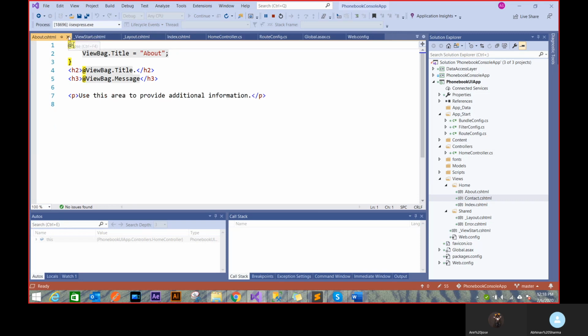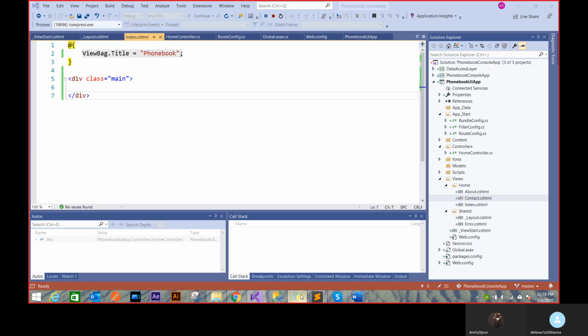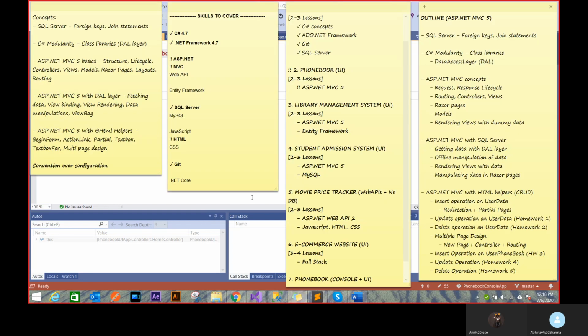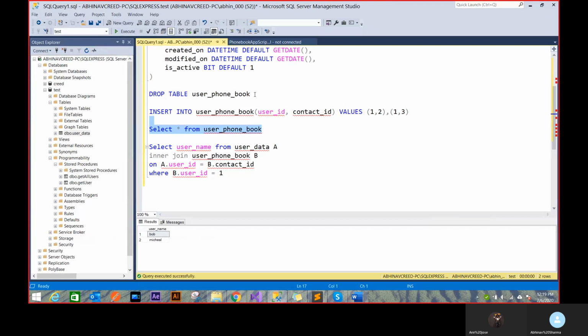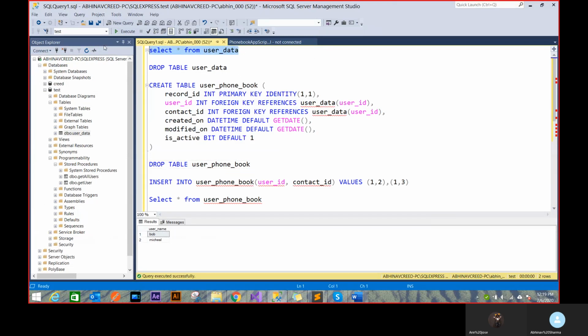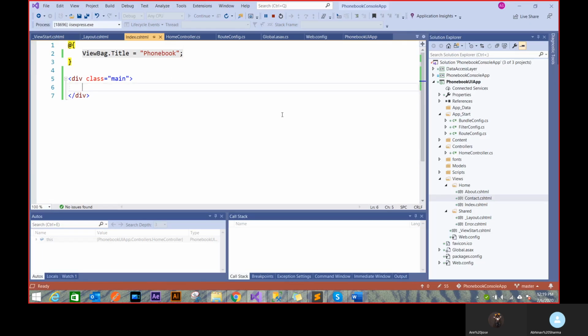Okay, yeah. Now we saw these Razor Pages. Now let's work on the model, because the model is the way by which I connect the controller and the views with some data. I want to render my user list, right? I want to render this table, the list of users. That's my prime focus right now, that I want to show all the users on my UI. This is on the SQL Server, right? And my view has to be provided with that data so that it can render it. Yeah. So let's do that.